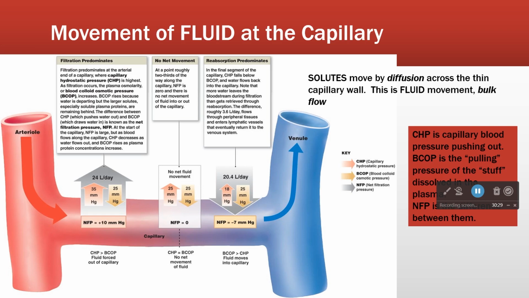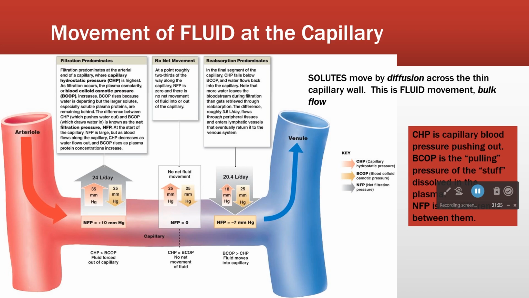Now, if we look at the numbers, this accounts for about 24 liters per day being pushed out. The pull in is 20.4. Okay, so there's a difference between those two, right? 3.6 liters, a fair bit of volume. Where does that extra fluid go? Anybody know? Lymphatics. It goes into the lymphatics, and then the lymphatics drain that back into the blood at the thoracic duct and the